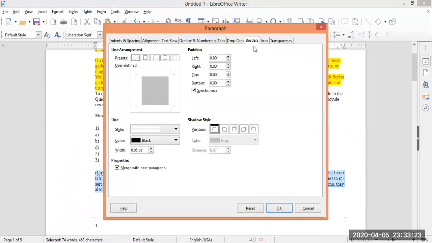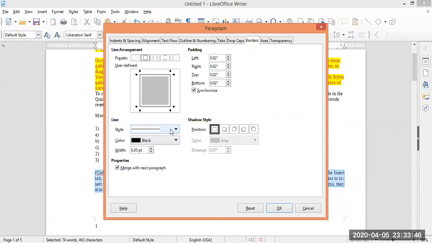In this, you can find border and you can apply a paragraph border by clicking on all the borders, or if you want only left and right border, you can select this. If you want top and bottom border, you can select this. I am selecting the first option, all 4 borders.